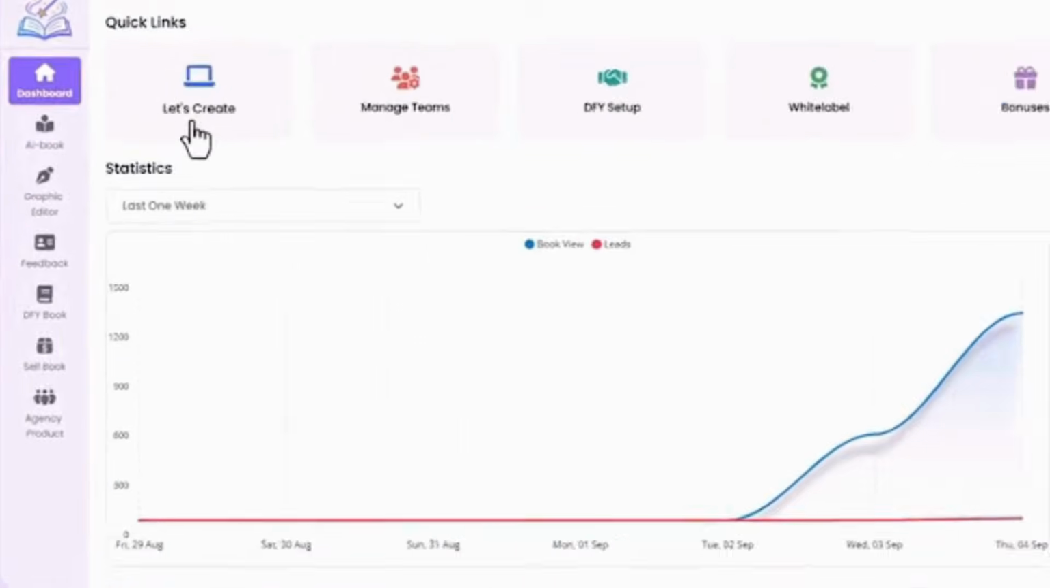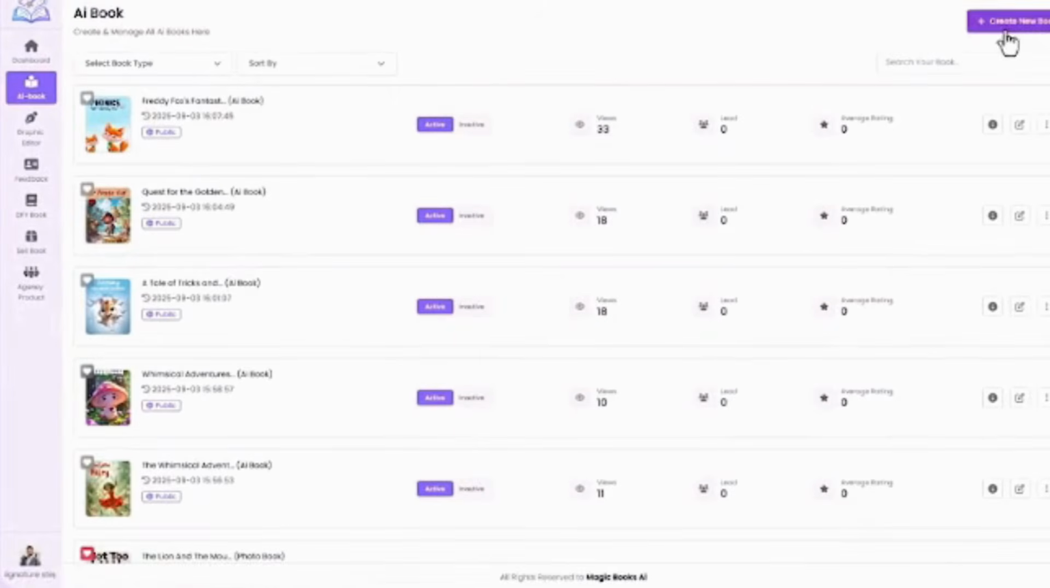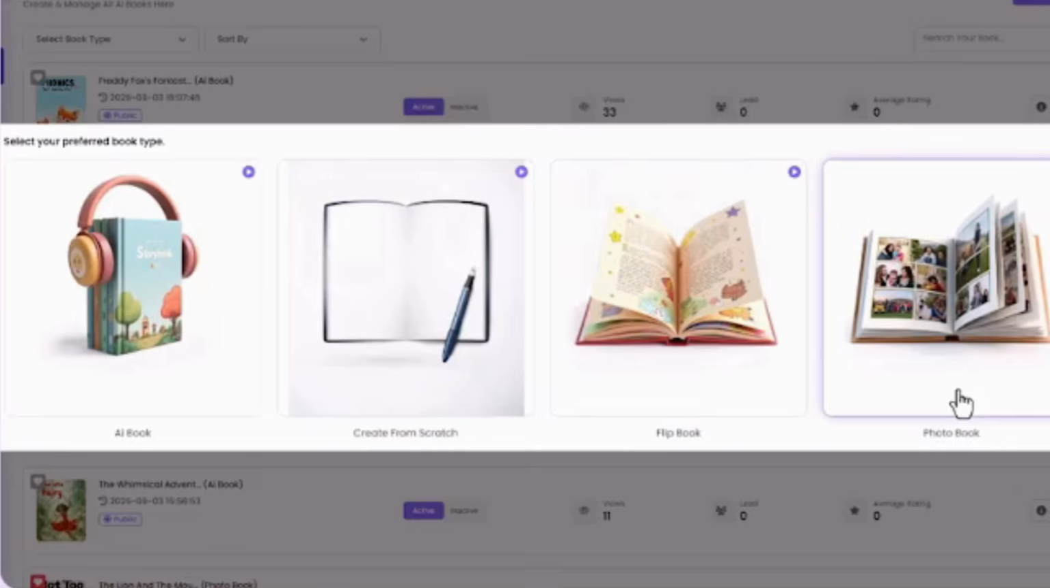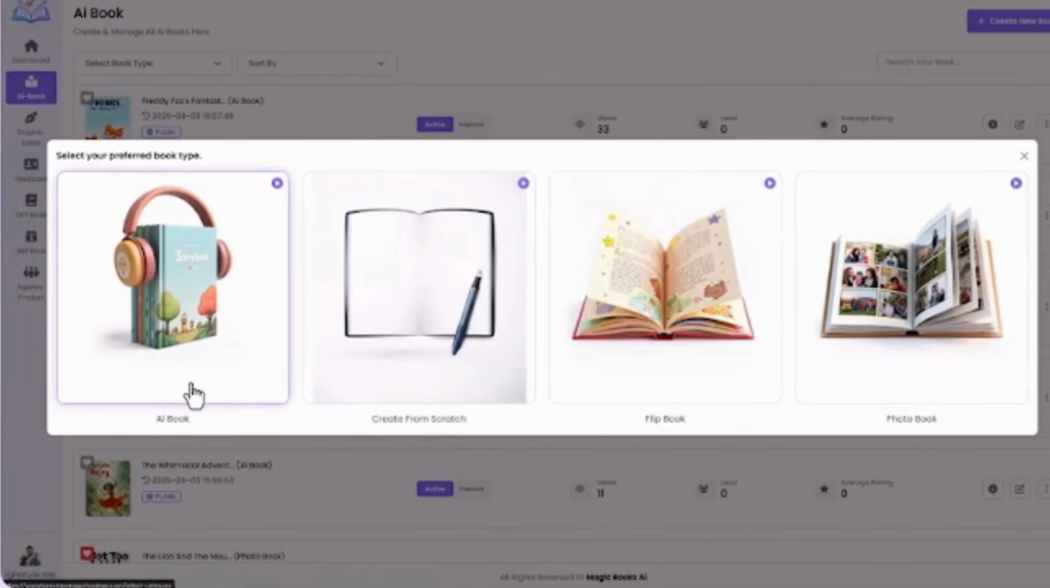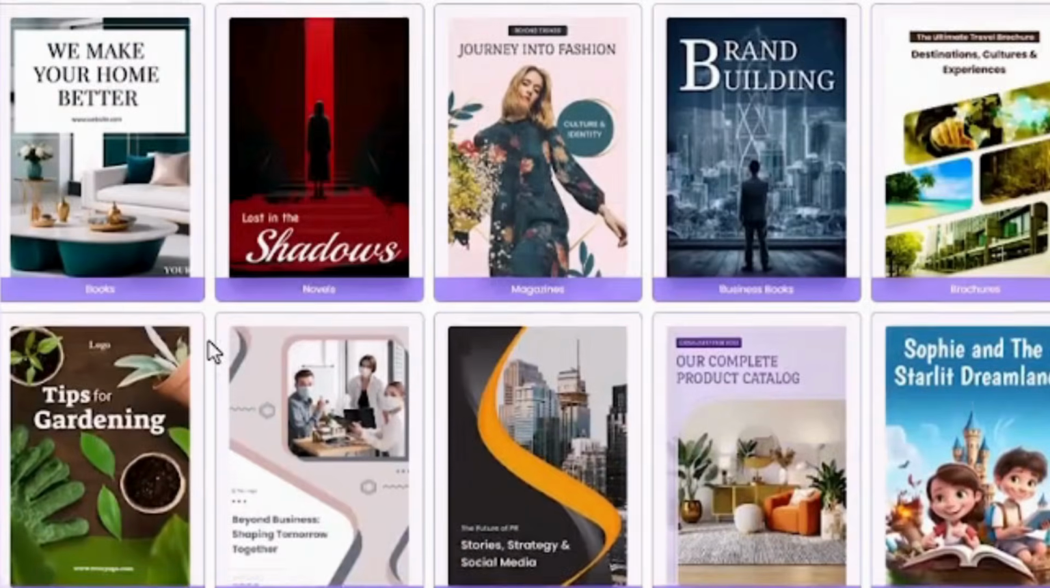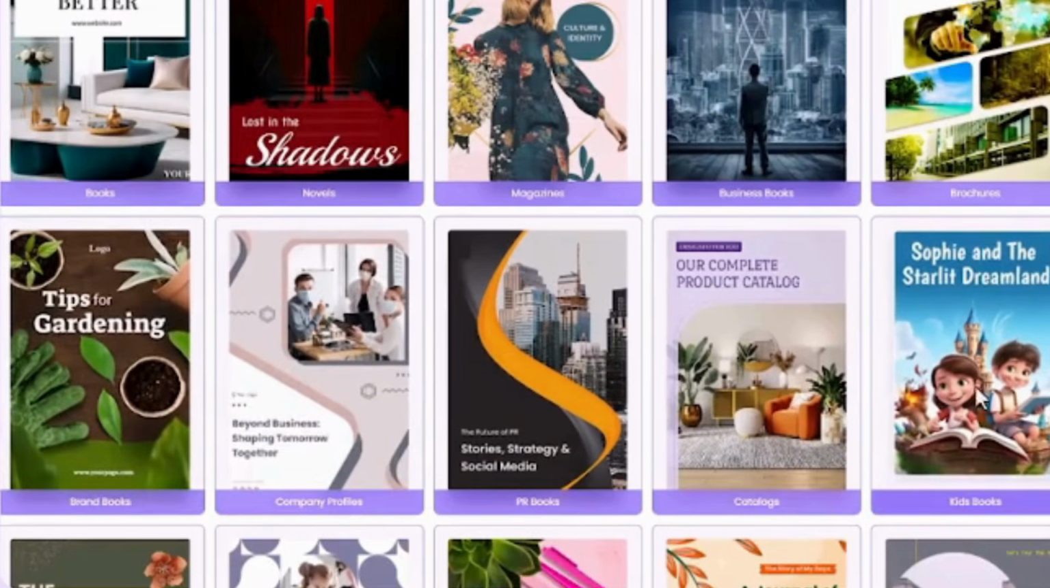Let's get started and click on create the ebook. Now here click on continue. You can here choose the option for anything you want to create. Let's choose the ebook. Here are all the templates you can use to create your own ebook, or create it